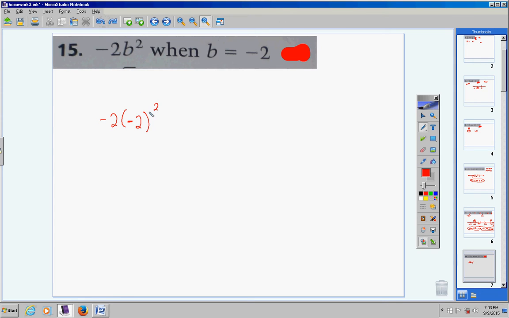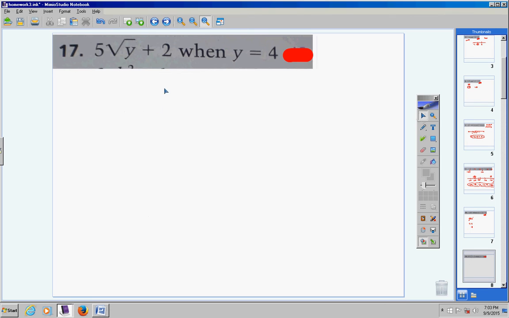Do your exponents first. So bring down your negative 2. Then put a dot because they're multiplying. And now square your negative 2. So negative 2 times negative 2 is a positive 4. Negative 2 times positive 4, negative 8. Alright. Moving on to